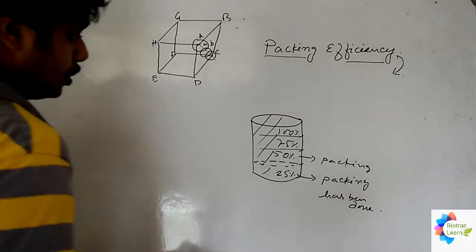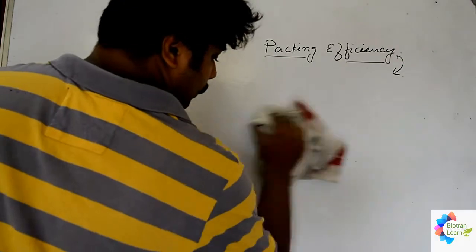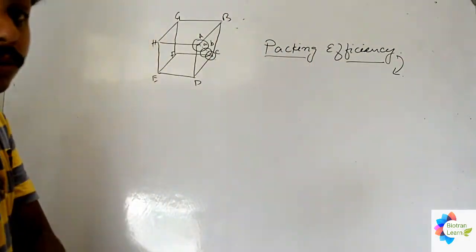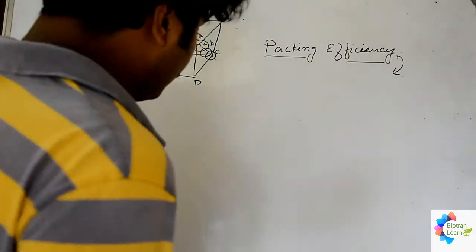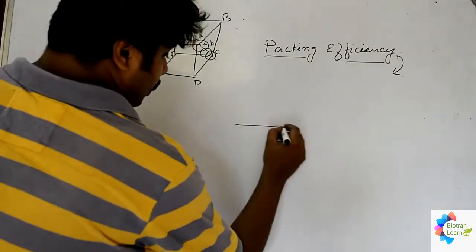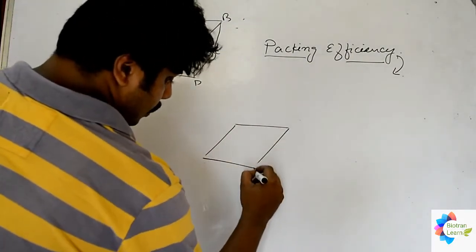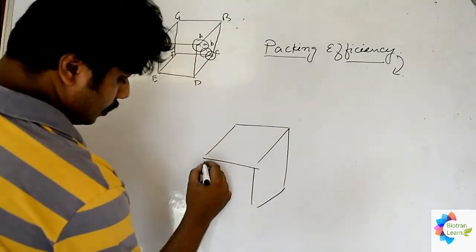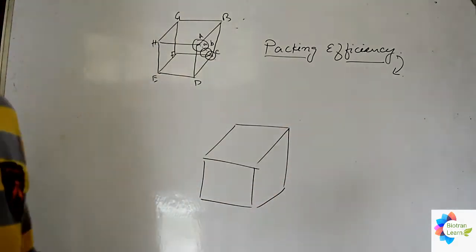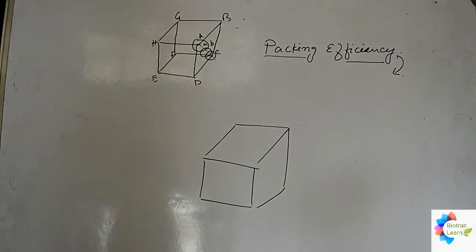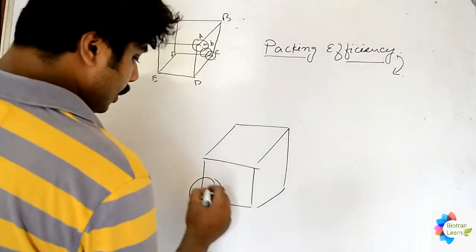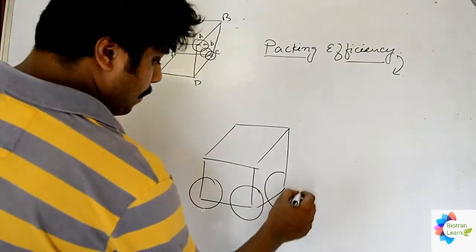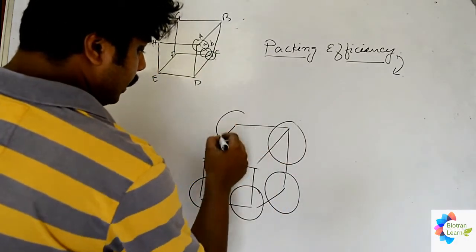So first we need to go through certain topics. These are the topics from class 6, right? Suppose this is a cubic structure. Okay, so in this particular cubic structure, if I arrange the molecule